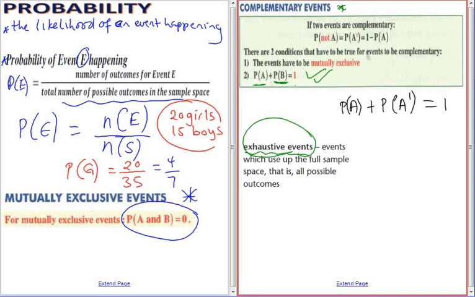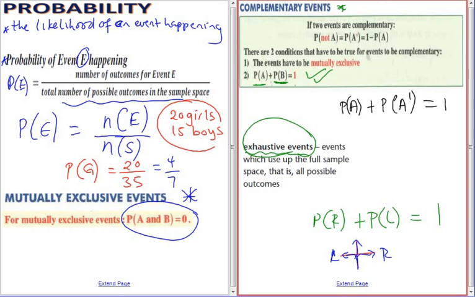Let's say the probability of turning right and the probability of turning left, those two may not be equal to 1, because there is also another chance that one person may go straight at that intersection. If you're coming from this side, you have an option to turn left or turn right, or you may go straight. So if this is left and this is your right, it's not exhaustive, and therefore we cannot say those two events are